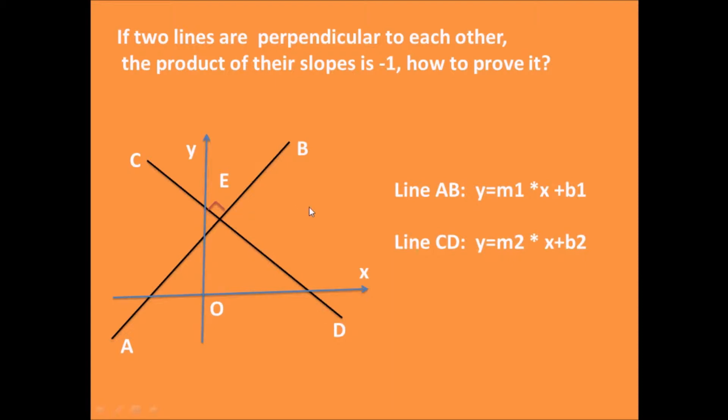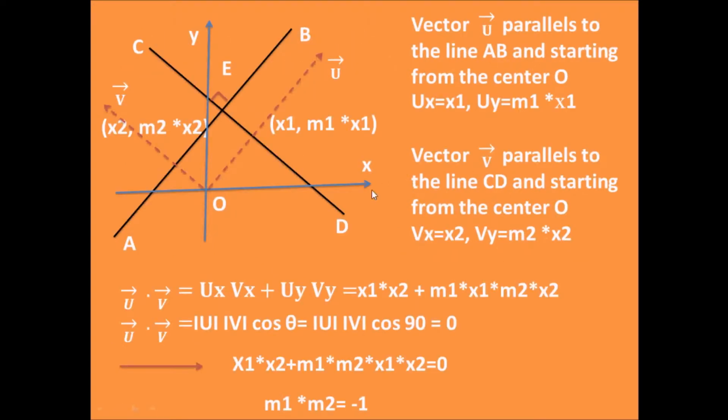As we know, any line can be written in slope-intercept form. So, for the line AB, we have the slope-intercept form y equals m1 times x plus b1, and line CD has the form y equals m2 times x plus b2. Now, if we draw a vector u starting from point O and parallel to the line AB,